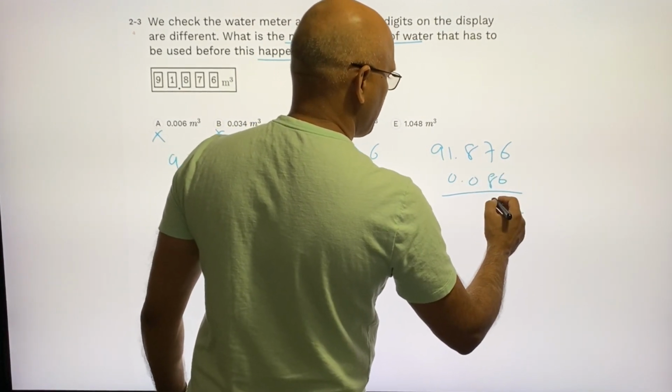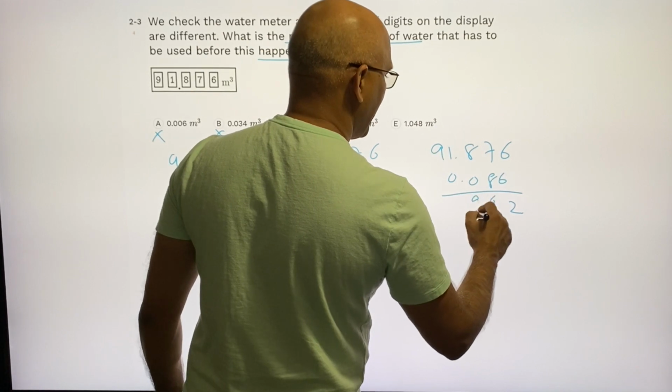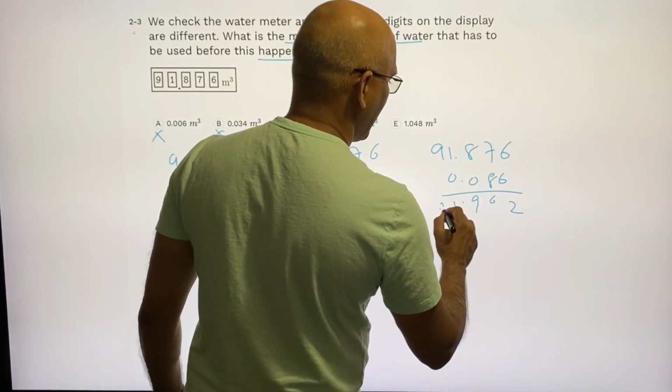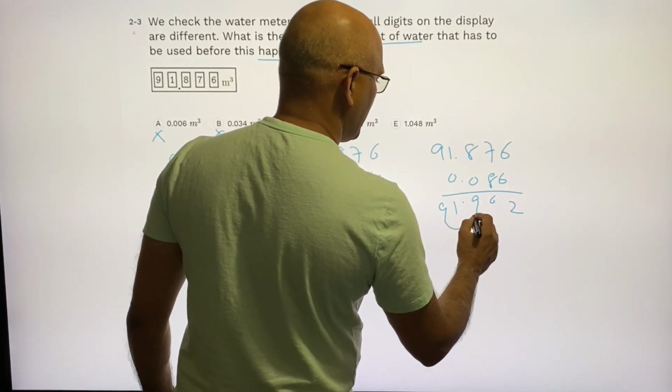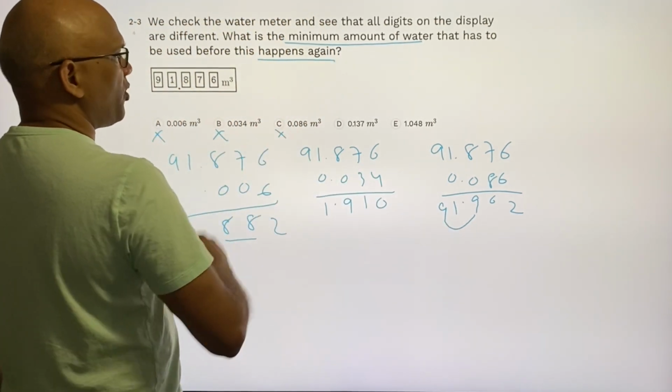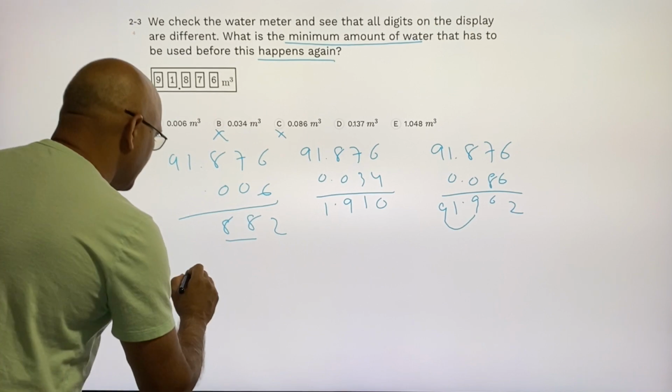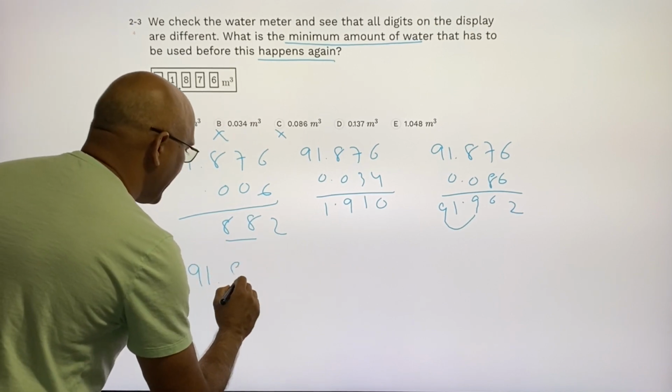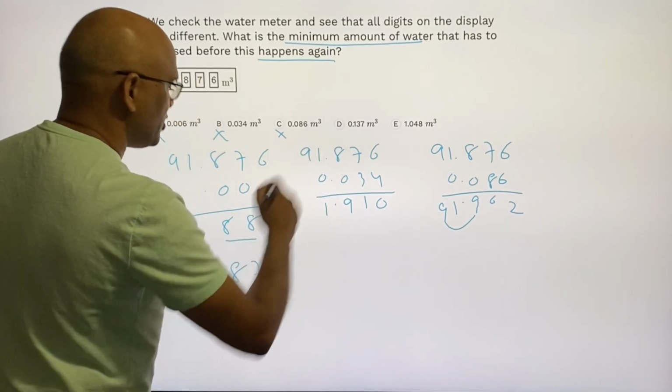8, 6, 1, 9, 1, 9. So 9 and 9 are the same. These two digits are the same. Again, so this is not possible. Let me try this 91.876 and then